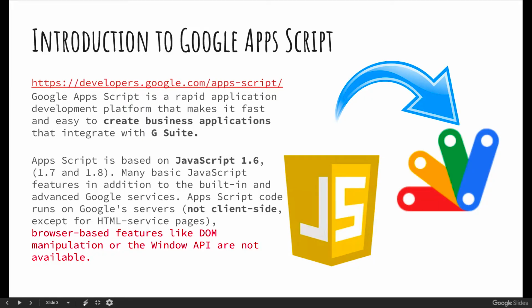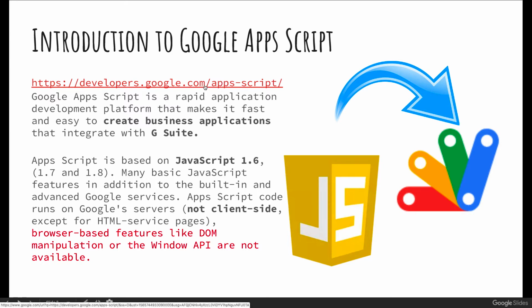Now, there's a main web page from Google that will give you more information about what's available with Google Apps Script. So essentially with Google Apps Script, you can rapidly create applications that integrate with the Google suite of products. You can automate it, and best of all, it's all available within the cloud. And this is a JavaScript based language. So if you are familiar with JavaScript, then you should be able to jump right in and start building out